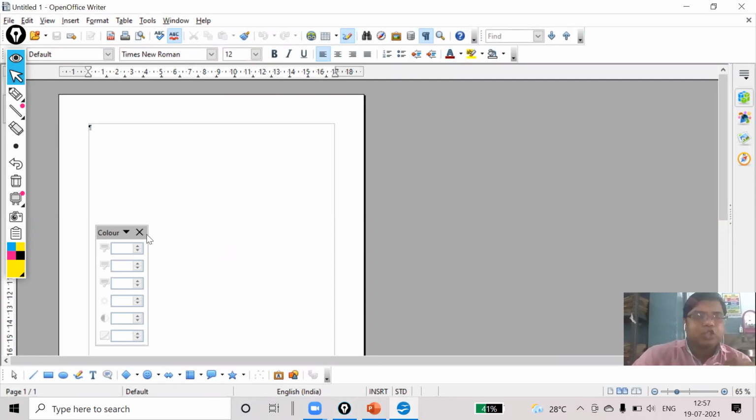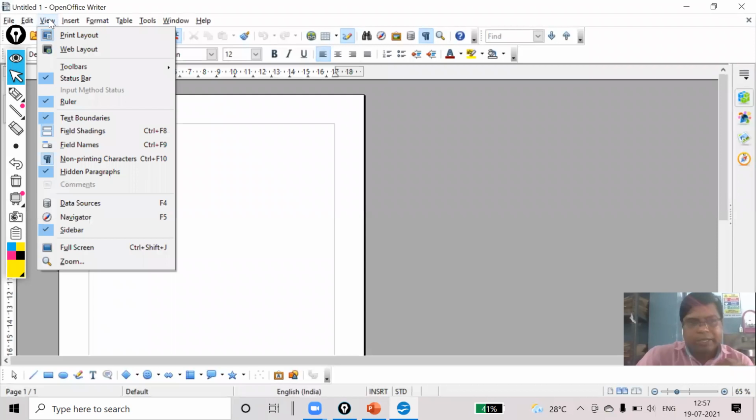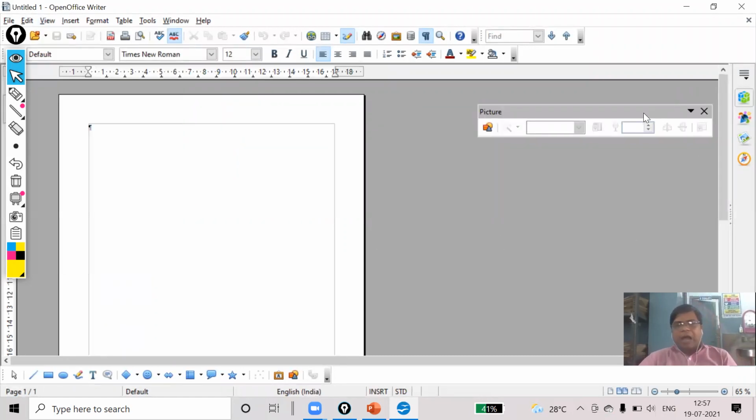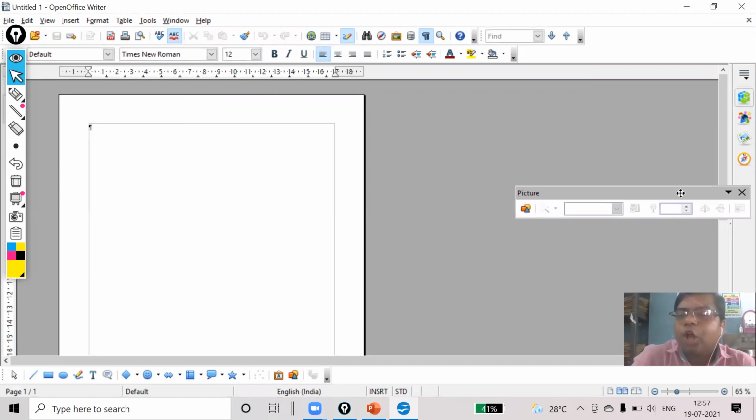First I will choose View, then Toolbars, and then Picture. I have to search where the picture toolbar is. Yes, it has come. After doing this, you will get this toolbar on the Writer document.